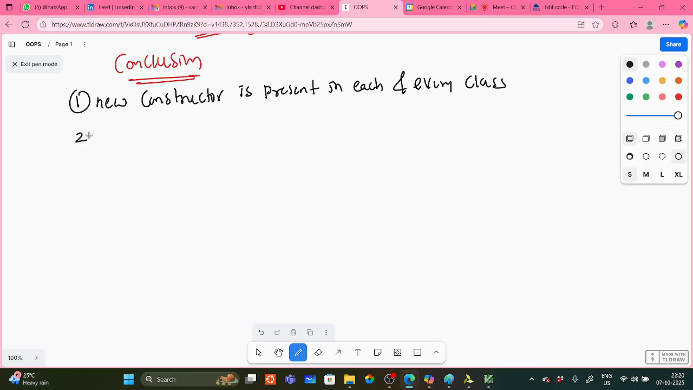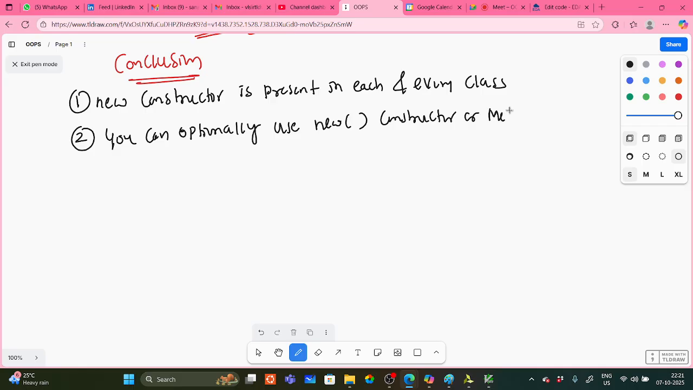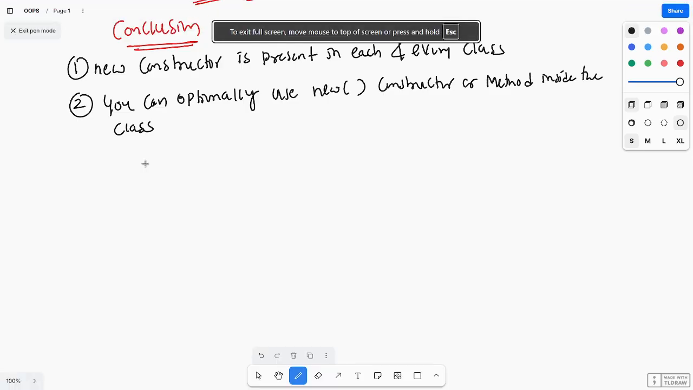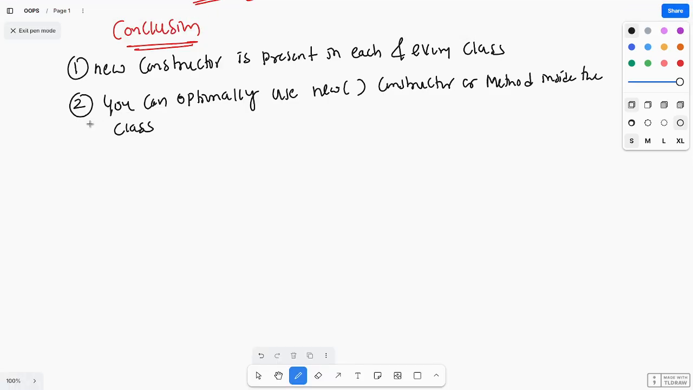Next, you can optionally use a new constructor or method inside the class. Okay, inside the class. And next, whenever we are creating the instance using new,